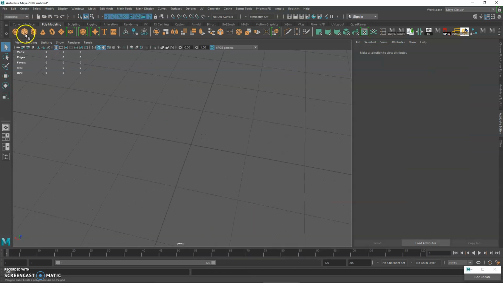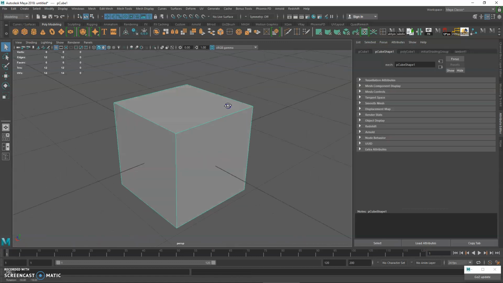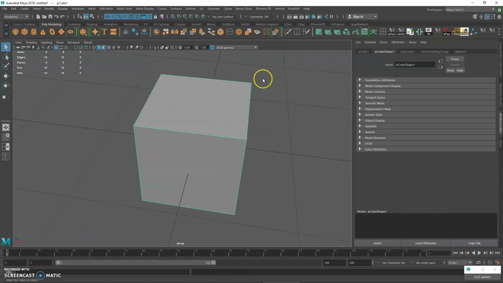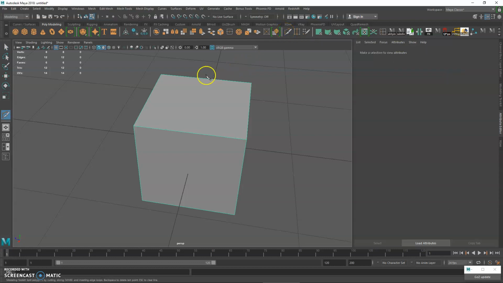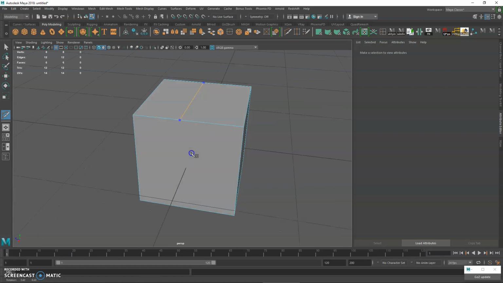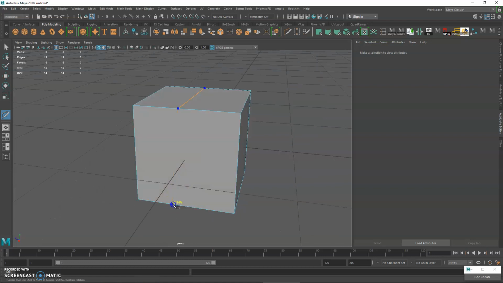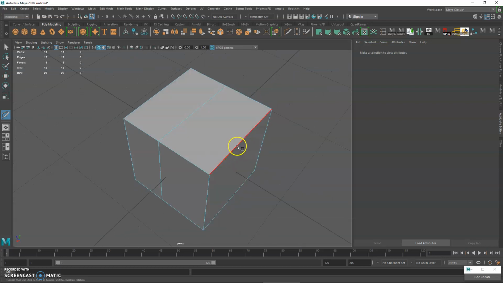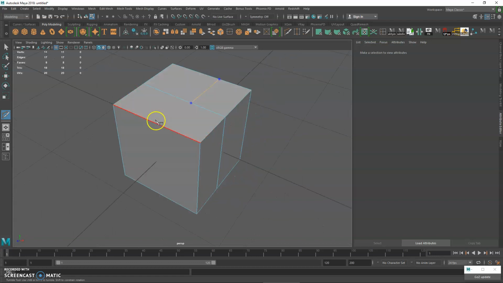Okay, so let's look at the split polygon tool. I'm going to create a box. You can find your split polygon right here, or the multi-cut tool. The way we use this tool is that I click this, click that, and click that, and once you're happy, you can press enter. Same thing with this: I can click that, click that, click that,